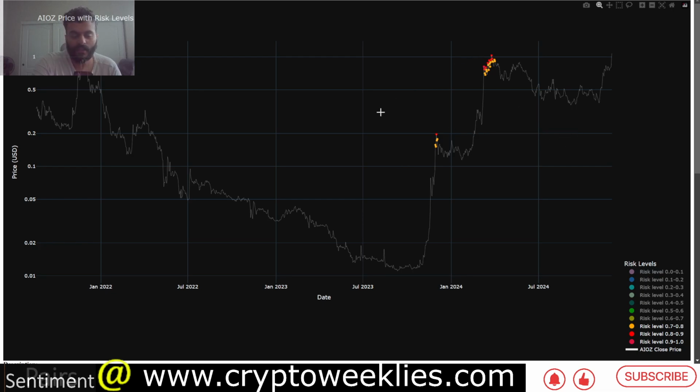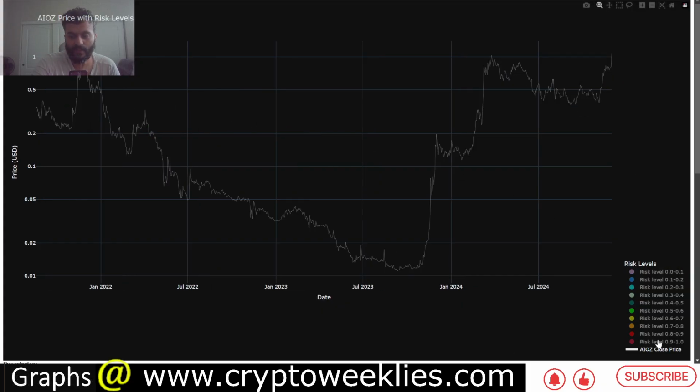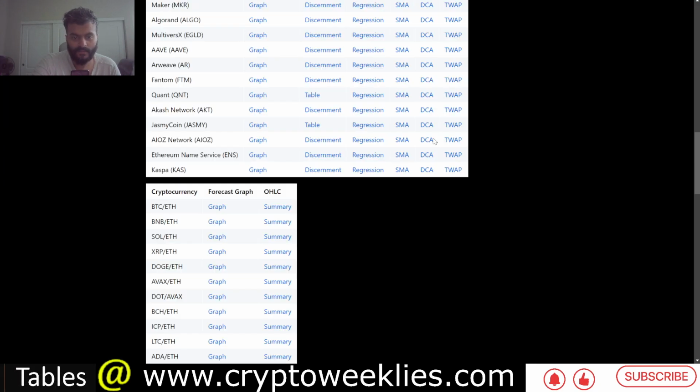This is how an analysis of how far the price has gone from the 20-week moving average helps identify some of the overvalued phases of the market, and the opposite of this is some of the undervalued phases. Again, this particular analysis does a great job of identifying the peak. That is, the SMA model identifies peaks better than identifying the bottom. The second is the DCA model for AIOS.